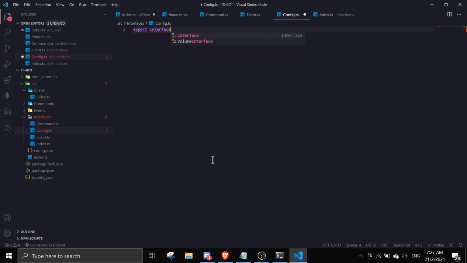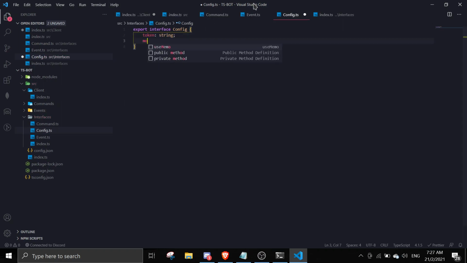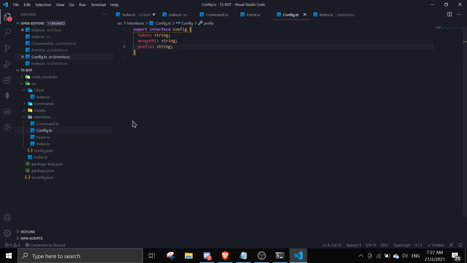Perfect. So now let's head on to config.ts, and then let's just export interface config, and token will be a string. So this is basically the schema for config.json, so you can get IntelliSense on the JSON string. Oops, string, and then prefix will be also a string. Okay, and then lastly we're gonna go to events,